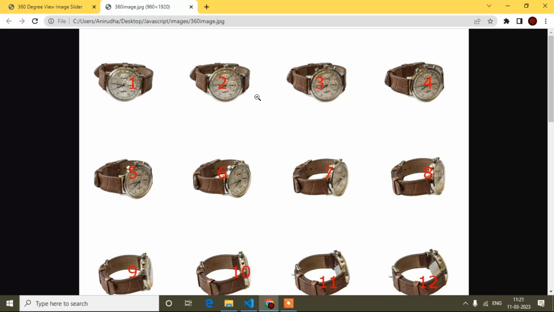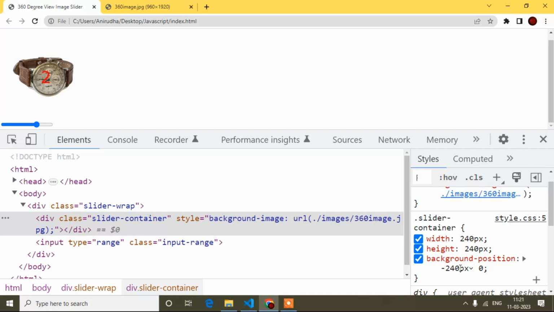So here I will display the second image, which means this one will move to the left and this second image will come to the first one's position, the one slider image position. So that's why I have to do minus. The same way, 240 minus 240, then 480. So you can see it is displaying the third image.